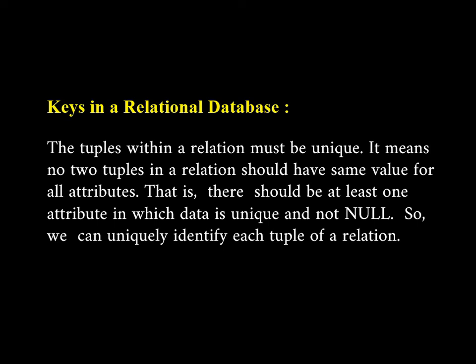So the relational data model imposes some restrictions on the values of the attributes and on how the content of one relation can be referred from another relation, and these restrictions are specified at the time of defining the database through different types of keys. So what are the different types of keys we need to create a relationship? The first key we are going to learn today is called candidate key. A relation can have one or more attributes that take unique values.